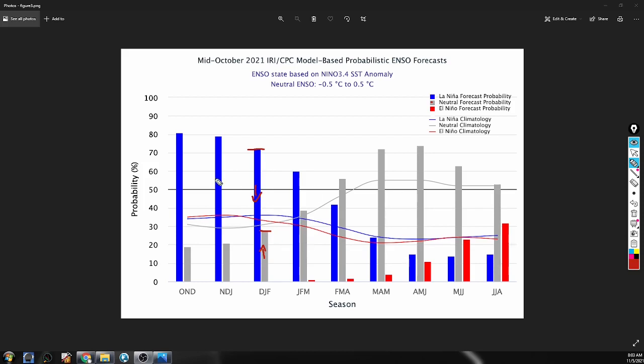However, we do still expect a La Nina. We're actually in a deep La Nina, which we'll take a look at in this next slide. But El Nino is pretty much completely ruled out at this point. We really don't expect El Nino for this winter. So what we're likely going to see is a weak La Nina into a near neutral condition. Let's go ahead and take a look at the current conditions in the Pacific.